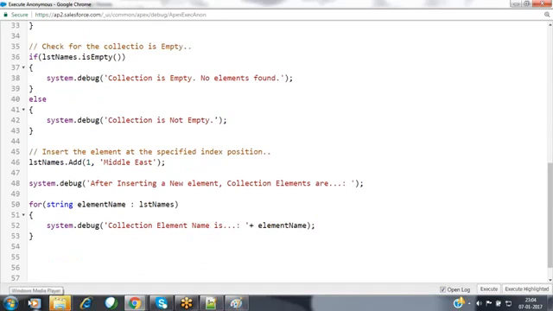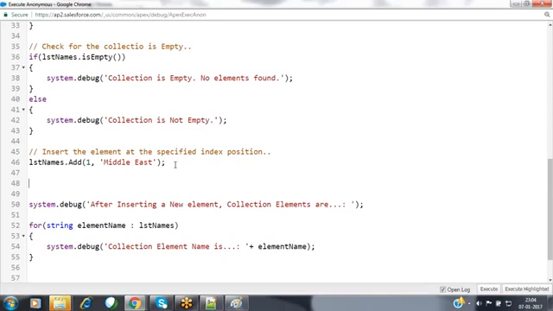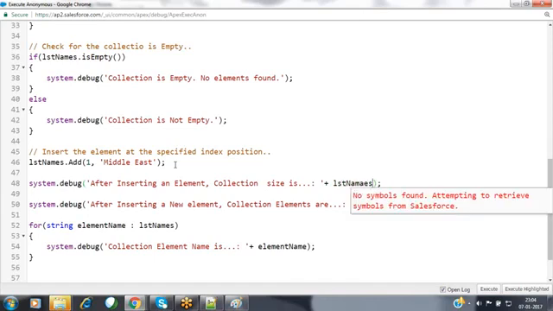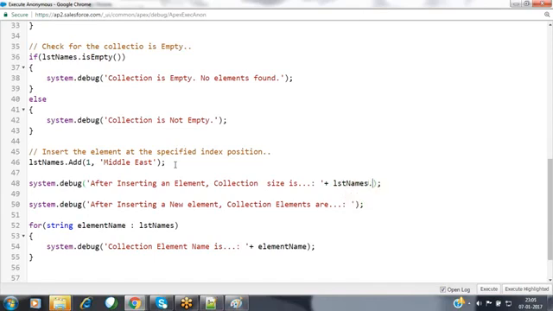Already the collection size is 5, and along with that, I want to show the collection size over here. System.debug, after inserting an element, collection size is. LST names dot size; I would like to get the size of that collection.